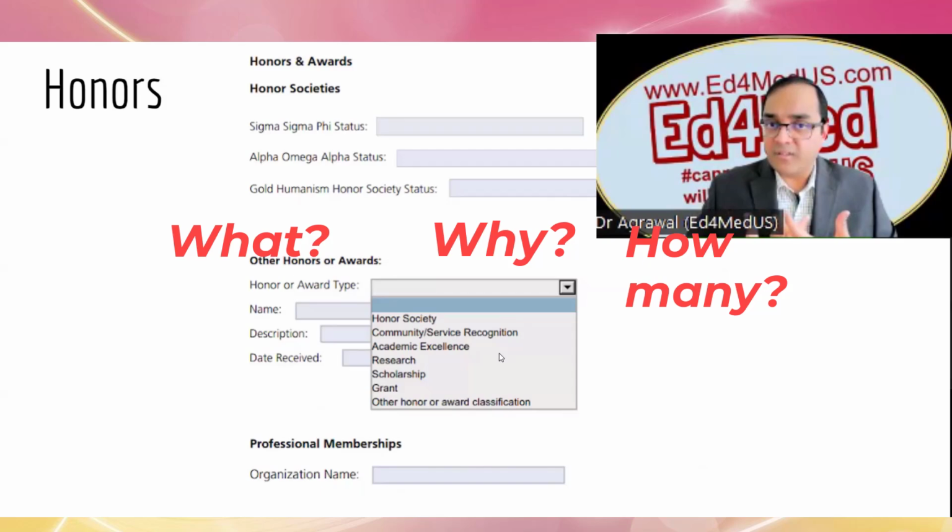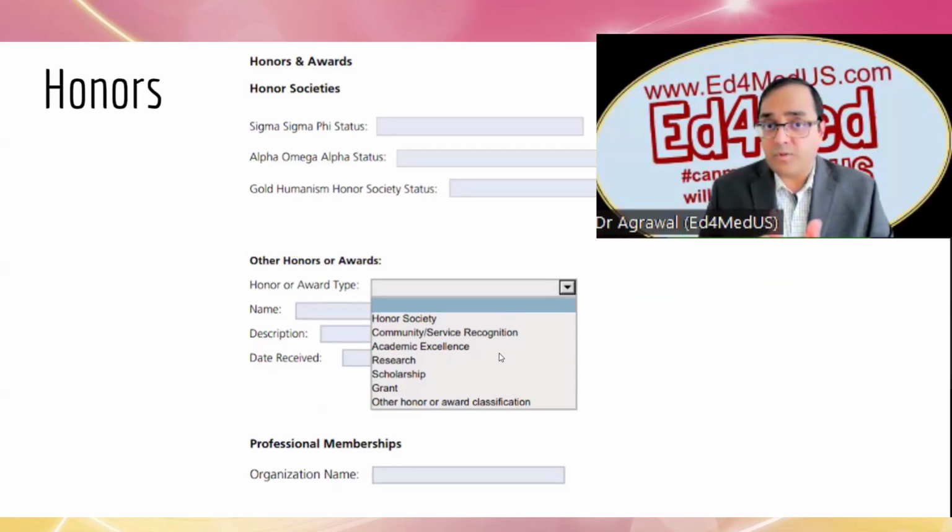You know, the details were missing. They got it because they scored the highest in their exam, or in the 10th percentile among so many students. So that information was missing. So I believe they have tried to streamline that by now having you choose, okay, what kind of award did you get, and description and date.